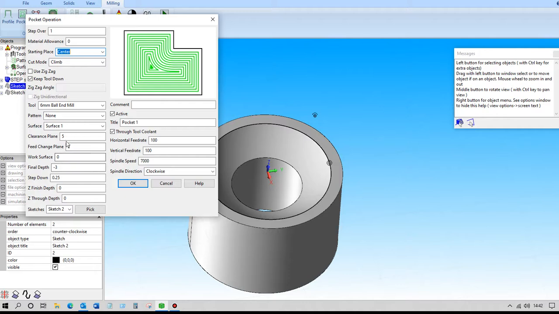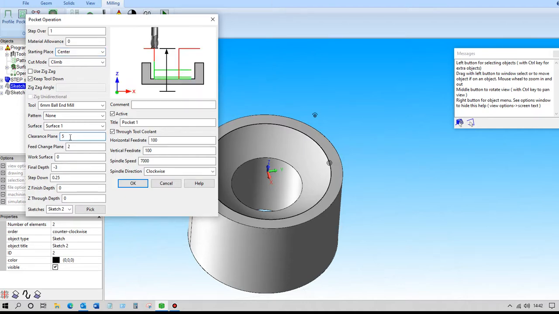So then we need to set up our planes: clearance plane, which is above 0, the feed change plane where it changes from feed rate, rapid to feed rate, the work surface, which is the top of the job, in this case Z0, however deep we want to go, and the number of steps down in the Z axis. We've highlighted the sketch as the one we want to use, so we click OK,